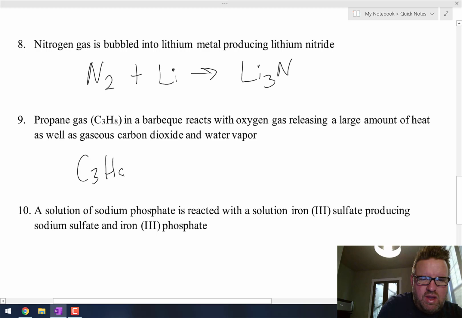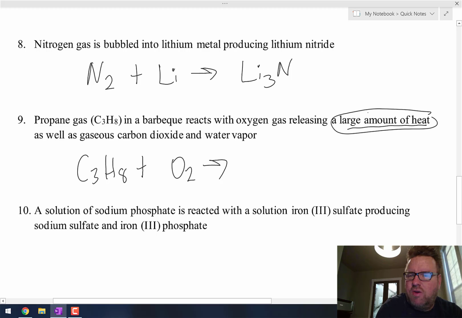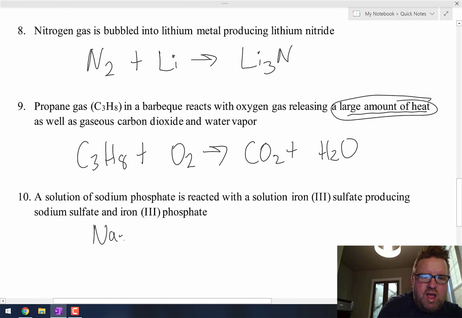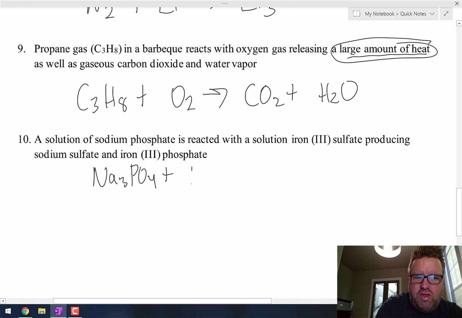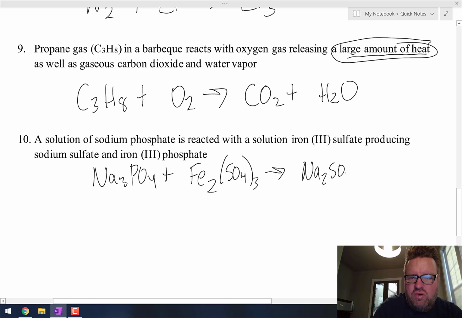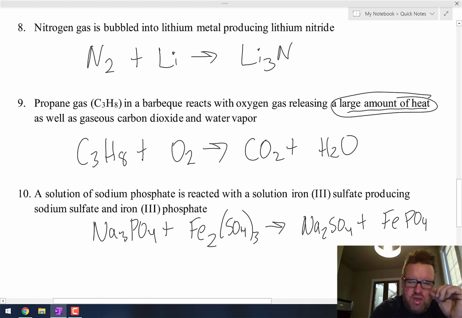So propane C3H8 in a barbecue reacts with O2, releasing a large amount of heat. Heat is not a chemical, so you don't include it in the chemical equation. And it produces carbon dioxide and water vapor. And then our last one, Na3PO4, is sodium phosphate. And it's going to react with Fe2SO4 and it's going to make sodium sulfate, Na2SO4, and iron 3 phosphate, which is not Fe3, just FePO4. Okay, so go ahead and pause it at this point and make sure that you can balance all 3